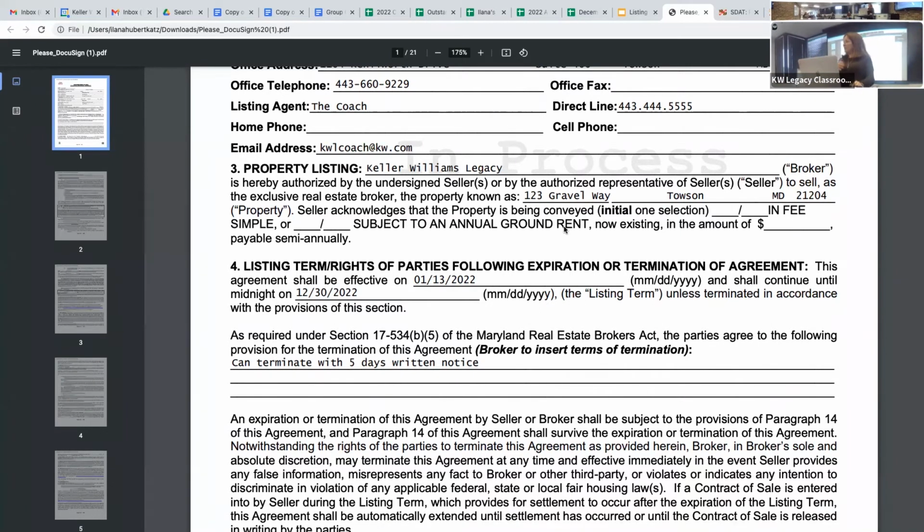You've done your due diligence to find out, is there ground rent? If there is, put that in here. If there's not, then it's fee simple. Okay, so when you're sending this or having them initial it,